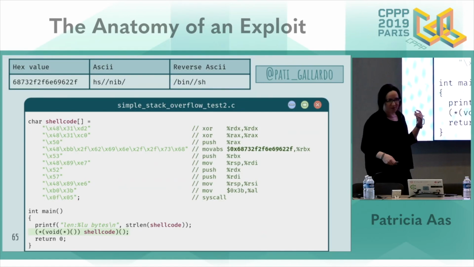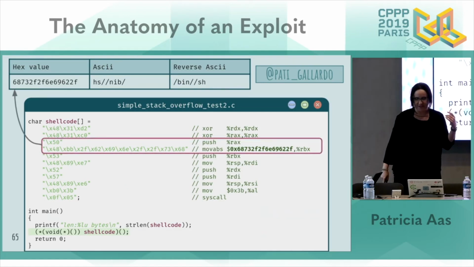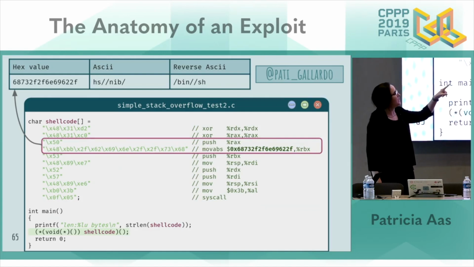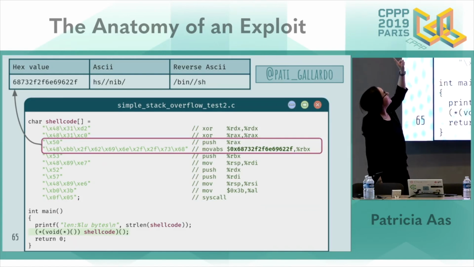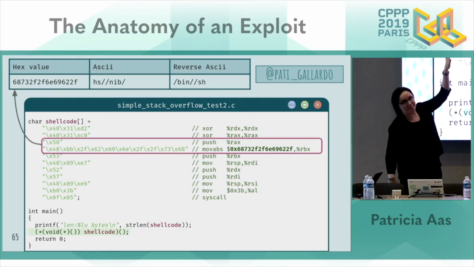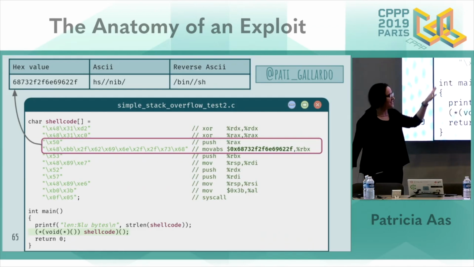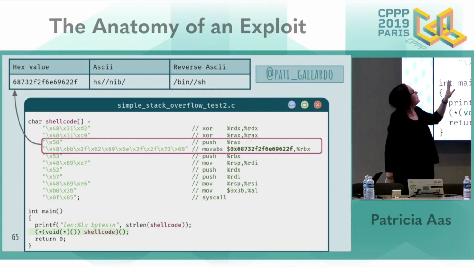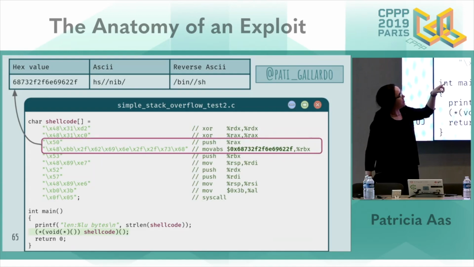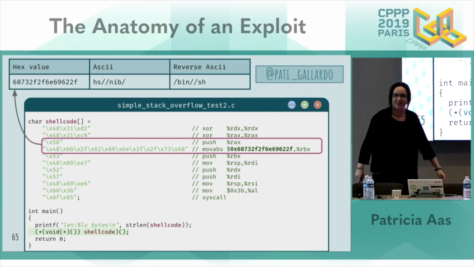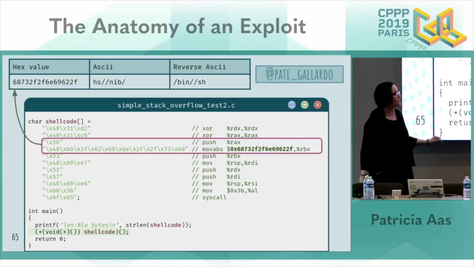In this case, we're going to do that manually. We're basically just writing the bytes. If you look up there, these are the hex values, and then writing it in ASCII. If you read it backwards, it's bin//sh. Awesome that it fits in 8 bytes. It's very useful. Then we XOR RAX first, and then we push RAX, and then we push this string, and so now we have a null termination of the string, and we do that inside of the shellcode. The rest of it is pretty similar to before.